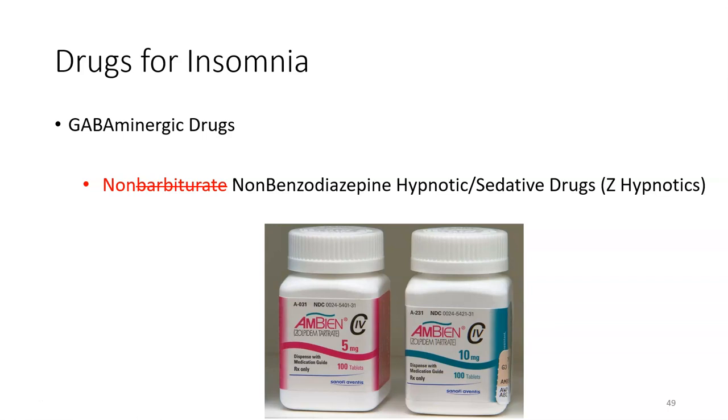Like I said, the book refers to these as non-barbiturates, but the more common way is to refer to them as non-benzos because they are closer in action to a benzo. These are only used for insomnia. These are all C4 drugs. And I picked Ambien as the prototype on your drug list, one, because it is the first, but two, I